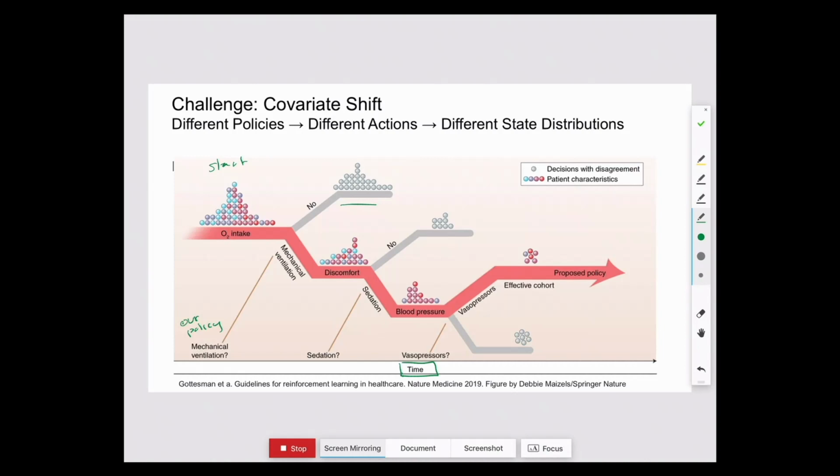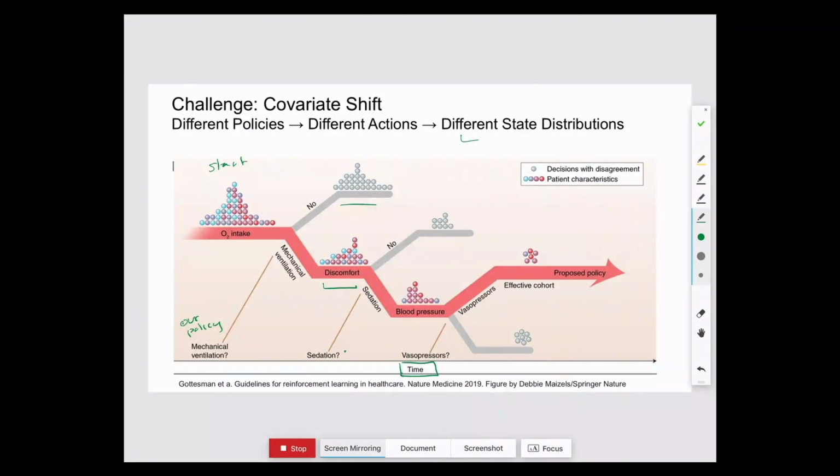So then we end up here, and then under our policy, if they experience discomfort, then we're going to use some amount of sedation. And again, in the real data set, some people didn't get sedation, and so then you lose that cohort. Essentially, in this case, not only do you get the normal censoring issues that you would get with multi-armed bandits, but the problem here is that different policies, by definition, will take different actions in some states. And if we assume that we have a dynamics model, that will likely incur different distributions of future states.